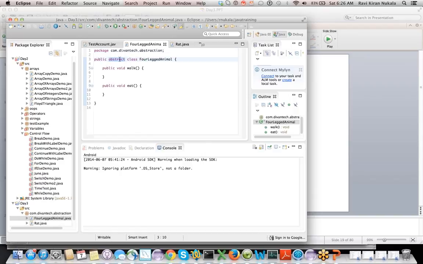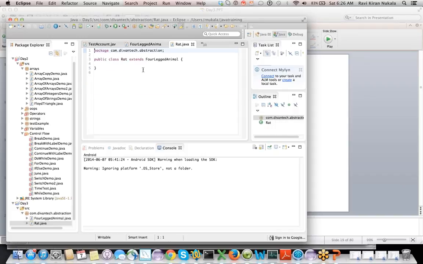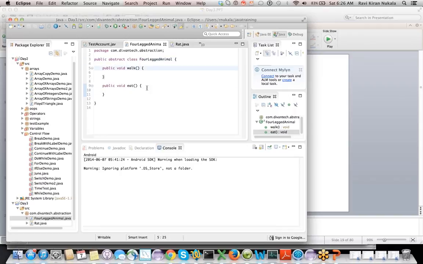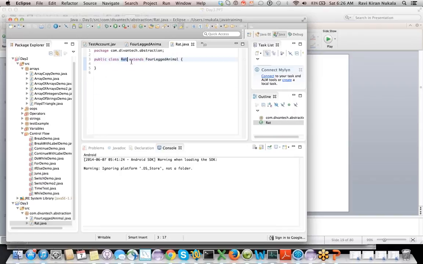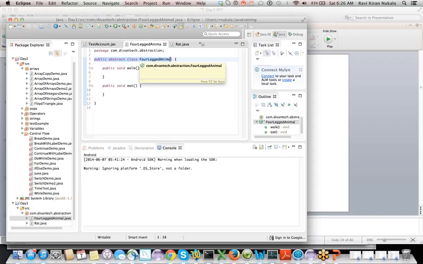Abstract class, where you give only minimal details, and if you look at the body of this class, you can also give some behavior which you think of as the default behavior for all the four-legged animals. But the proper implementation that gets executed has to come from a concrete class. What I mean is, though you have an abstract class, you cannot use it directly without a concrete class that is extending the abstract class. That means you cannot instantiate an abstract class. That's the key difference here.